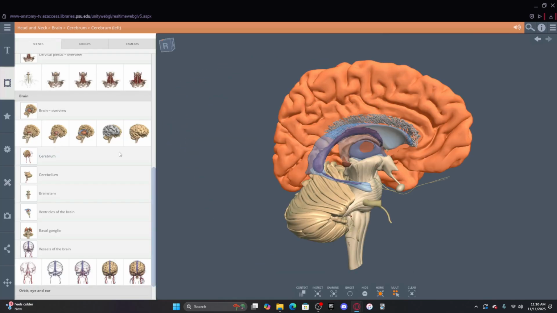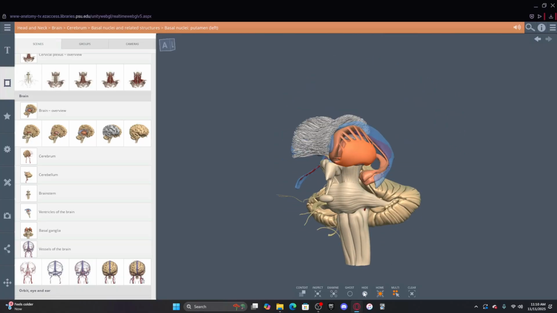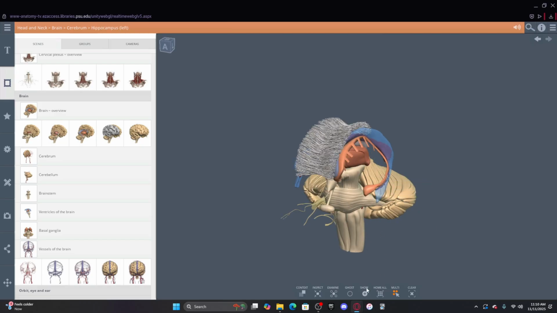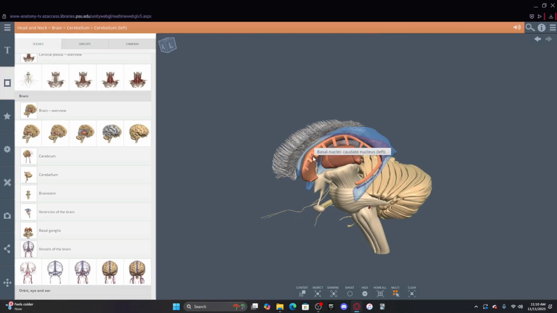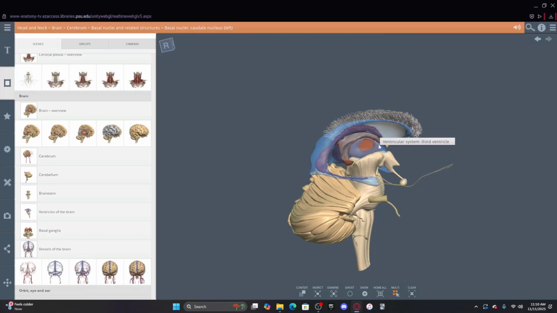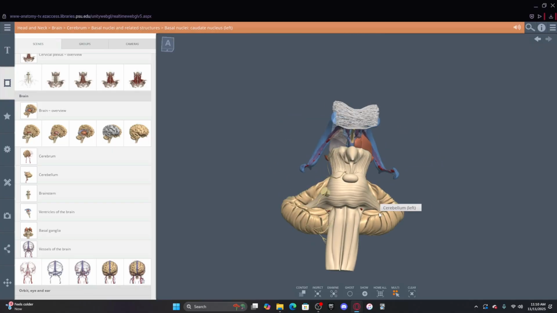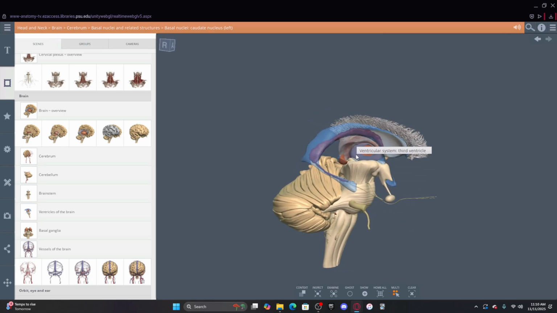Let me just remove the ones that we don't need to know. All right. So remember, we had a thalamus on this side, and now we're able to see the one on this side. So the thalamus is a bilateral structure. You have one on each side. So we remove the thalamus from here. Now we can see,